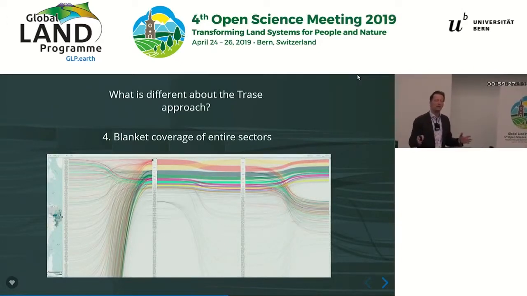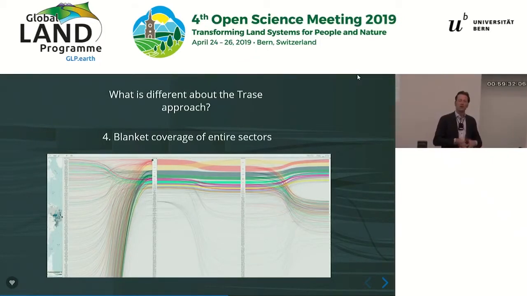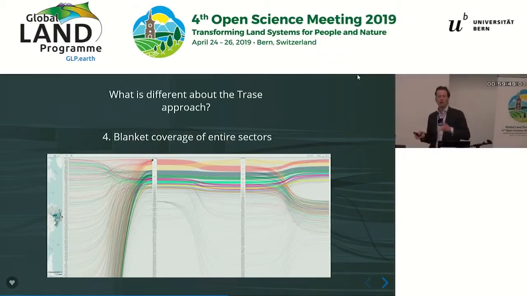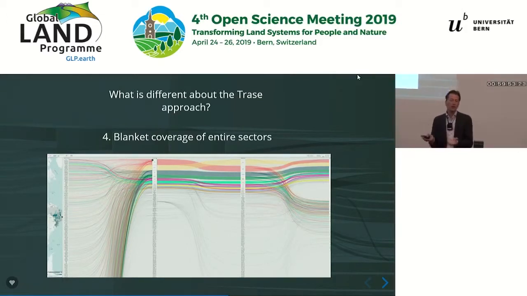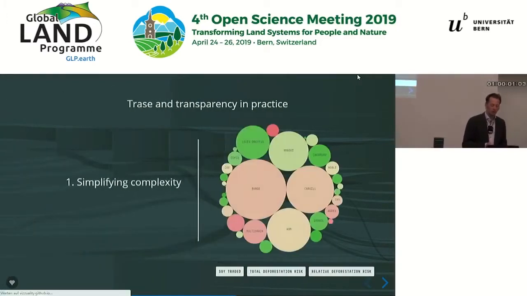This is blanket coverage. So there's maybe about 10% of the exports of Brazilian soy, and we are moving now into many more commodities, that we classify as unknown. The others we consider to have mapped to a sufficient level of confidence that we can take them back to municipality. And that's key, because we want to be able to look at net effects. We're not interested in the impact of a particular company on a particular place. We're interested in the net effect of all the companies that are sourcing soy, in this case, from all of the regions where soy is grown. And you can only do that if you have wall-to-wall coverage.